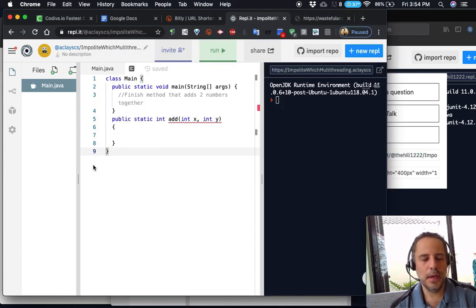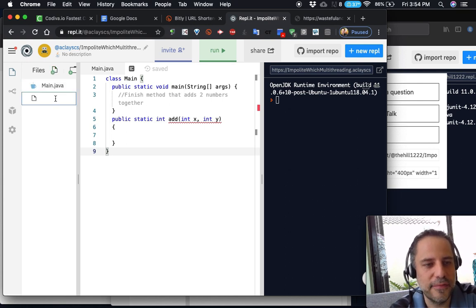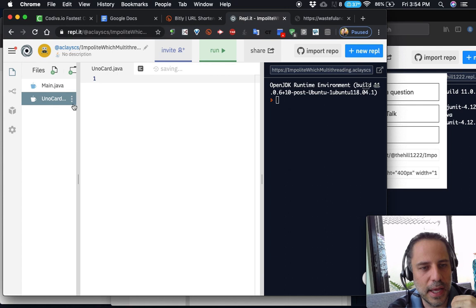By the way, I didn't show this over here, but as you create a REPL, you can add files to this. One of the games that my students are creating right now is Uno. So you can add a new class, the Uno card class, where they can come in here. So you can set this entire thing up for them and email them and share that with them. Okay, so that's the first way. The second way